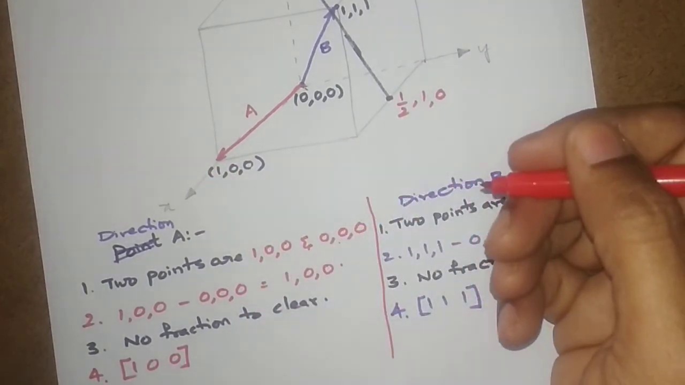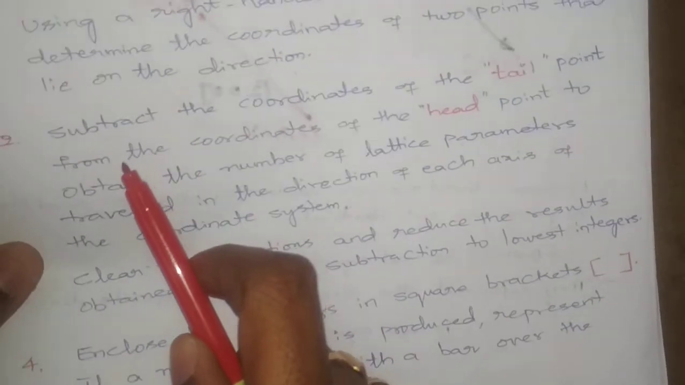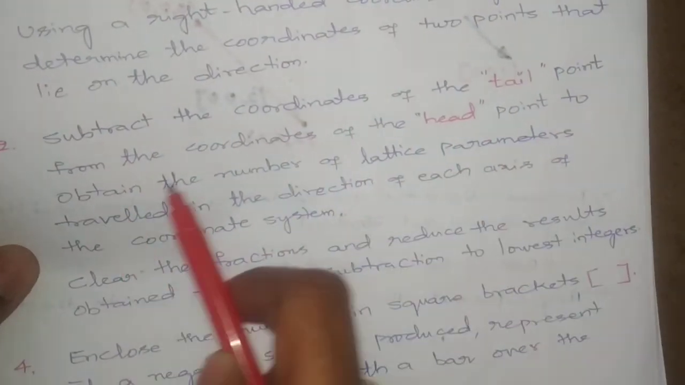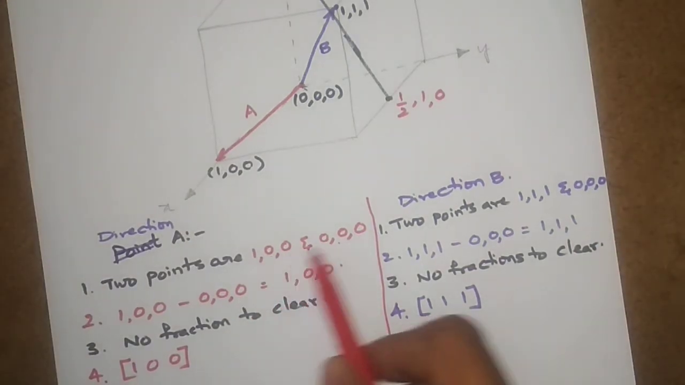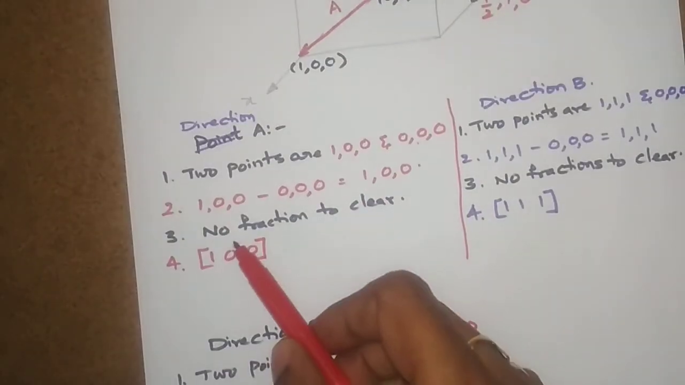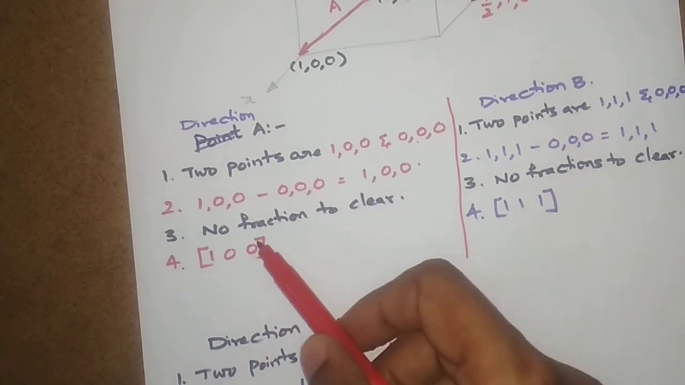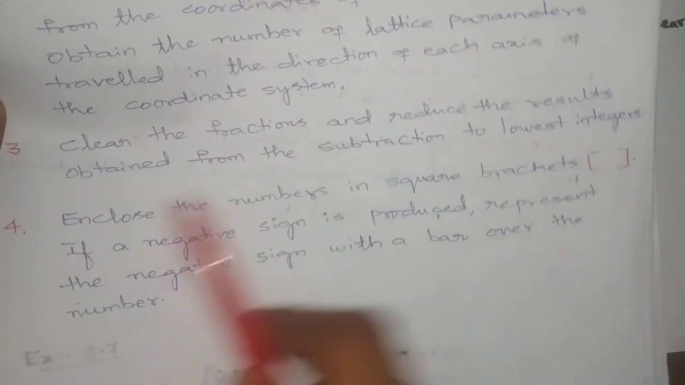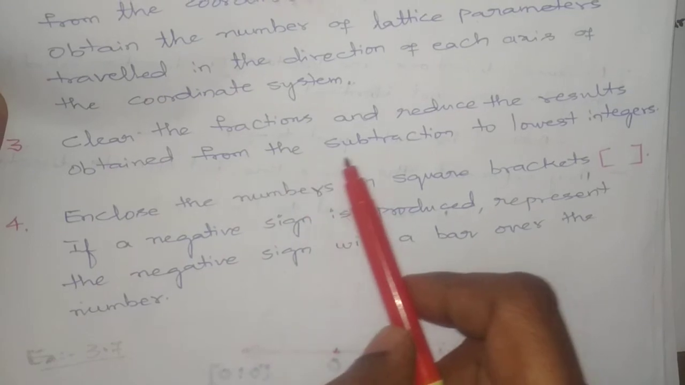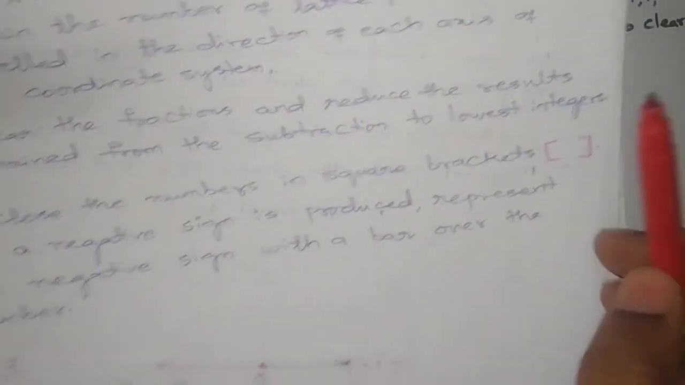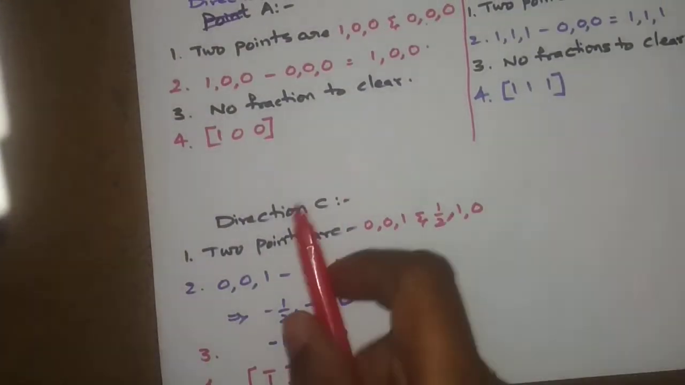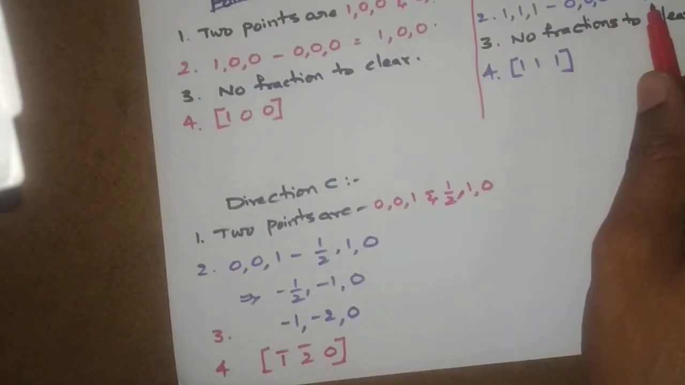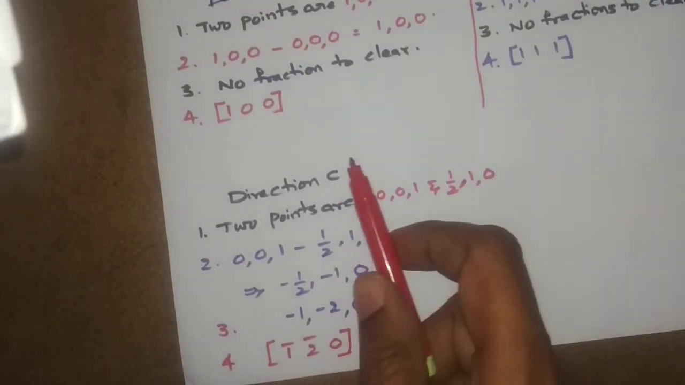Okay, then the second step is to subtract the coordinates of the tail point from the coordinates of the head point. So subtract the coordinates. If no fractions are there, no problem. If any fractions are there, the third step is to clear the fractions and reduce the results obtained from the subtraction to lowest integers. So for directions A and B there were no fractions to clear, whereas for direction C we have